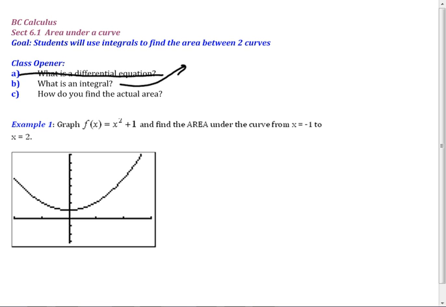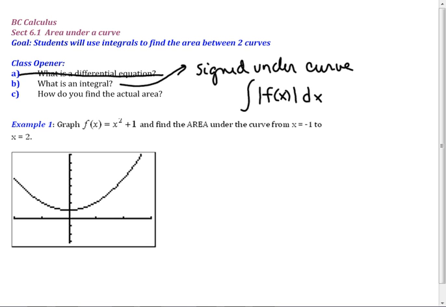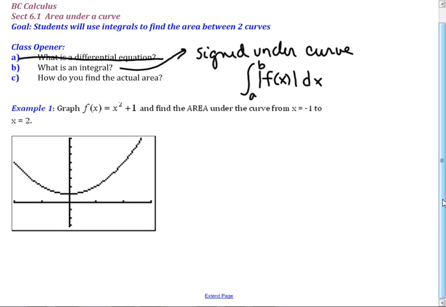What is an integral? Okay, it's a signed area under the curve. Now, I don't know how many of these we need to do, or I can have you try them first. How do you find the actual area? You'd have to do the absolute value of your function if it drops below the x-axis. Okay, so if it drops below the x-axis, we have a problem. This one's fine. And what I like to do when I do my areas and my volumes is I like to show the slices. I'm going to integrate or find the area between -1